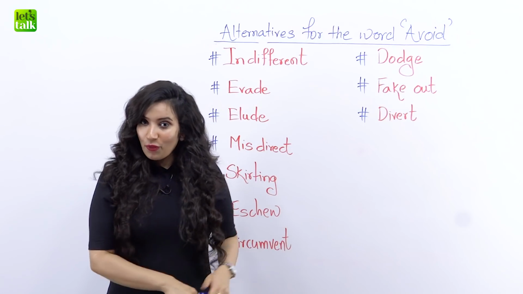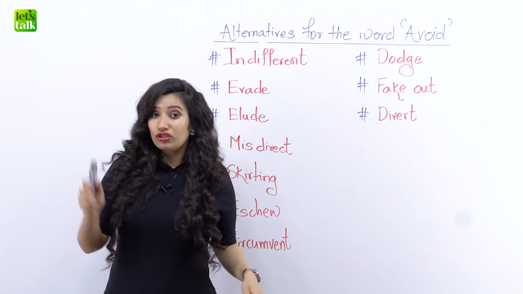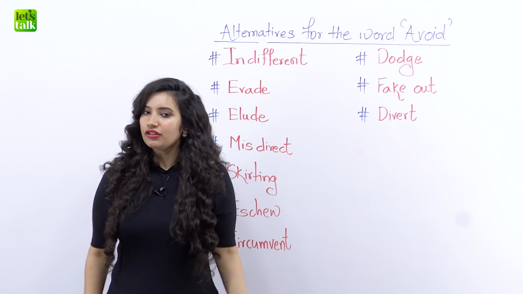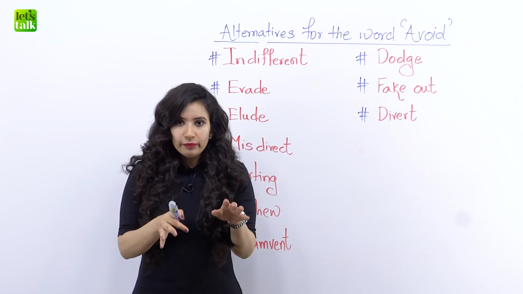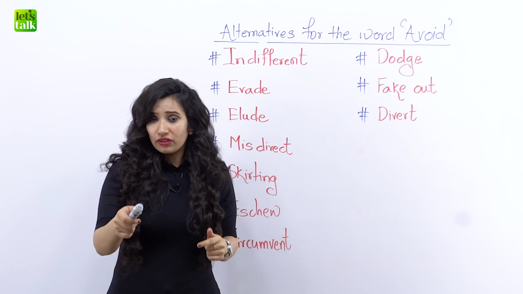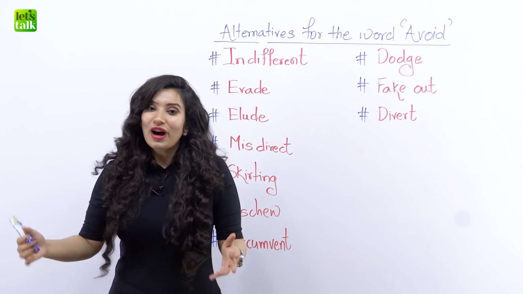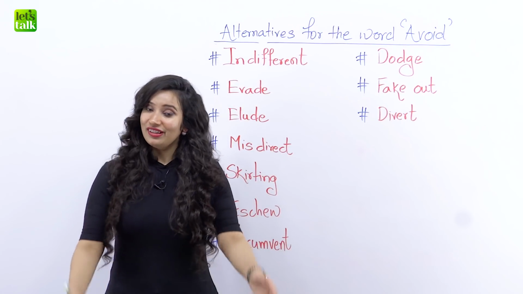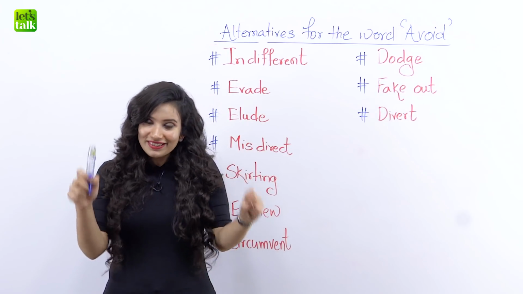Maybe you want to avoid your math homework, or maybe you want to avoid taking your dog for a walk when it's raining. Or maybe if you're too tired, you want to avoid taking out the trash. Or maybe your Aunt Martha has called you for a day, and you don't want to spend the time with her. So how will you avoid her? Well, how you're going to avoid her is your problem, but how you're going to talk about avoiding something is